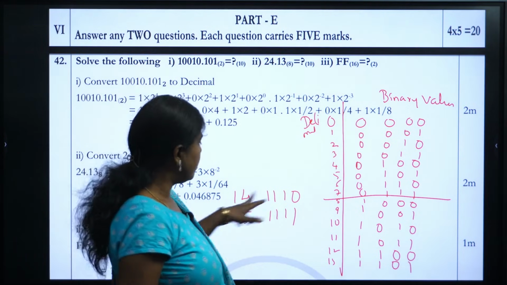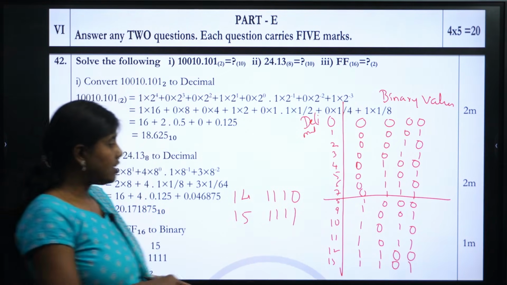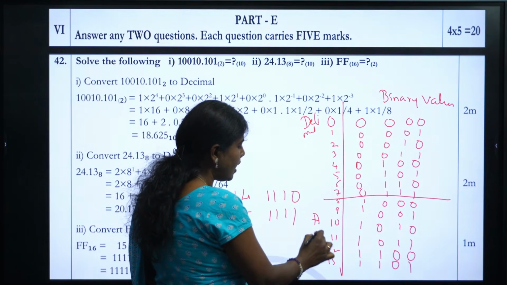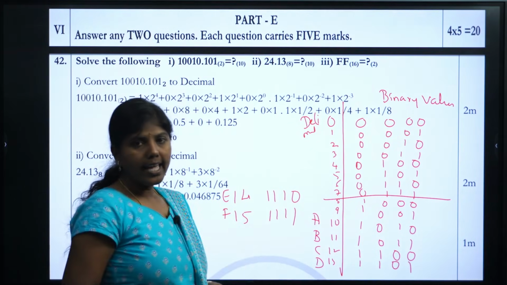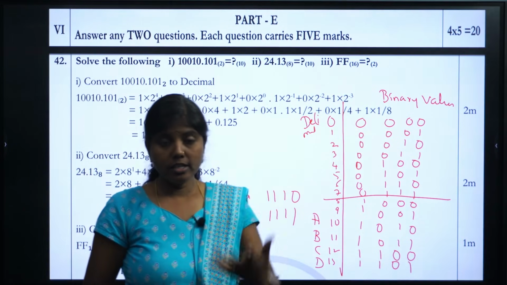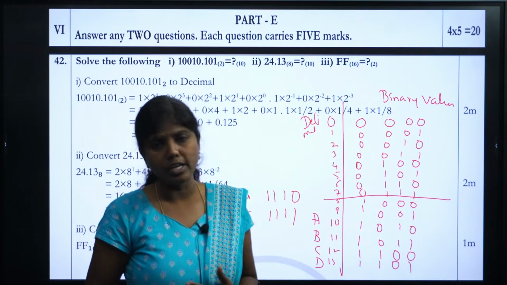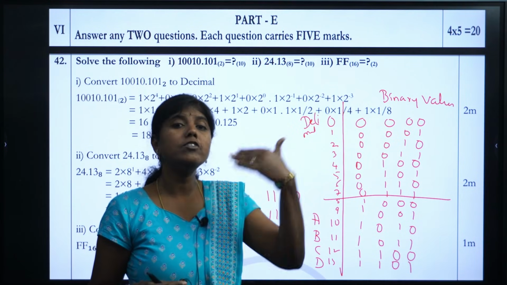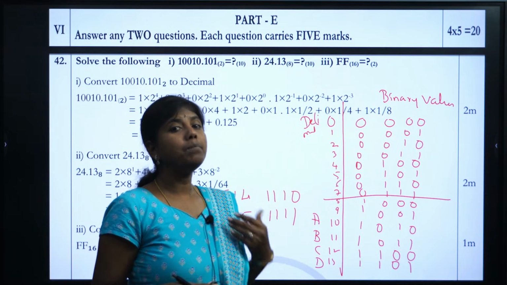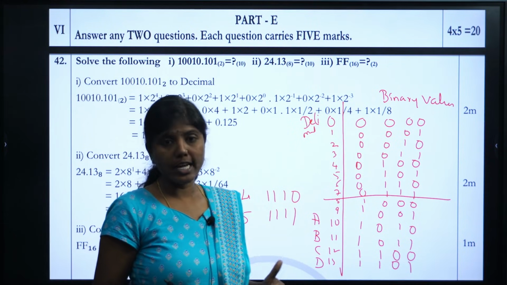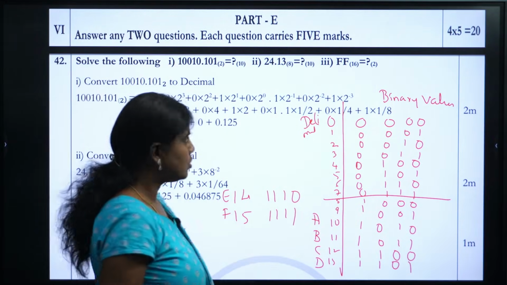So how do I have to write? 15 is there, 15 means 1, 1, 1, 1. I wrote it, another F is there, 15. Very simple from this. So what is this? This is going to be A, B, C, D, E, F. Hexadecimal number system means what? There are totally 15 digits, or 16 digits if I include 0, 0 to 15. It starts from 0 to 9, and from 10 onwards, we don't call it 10 anymore. We call it A, B, C, D, E, F. Remember that. Either small letter or capital letter, anything is fine. So you have to remember this table, then it will be easy for you to do these problems.